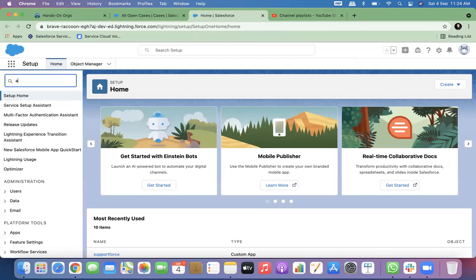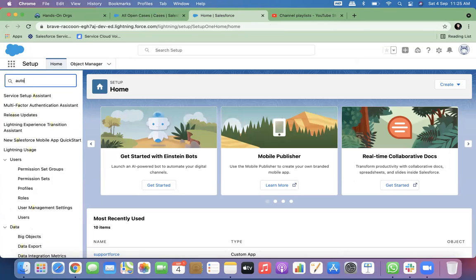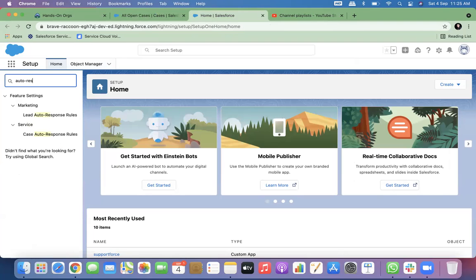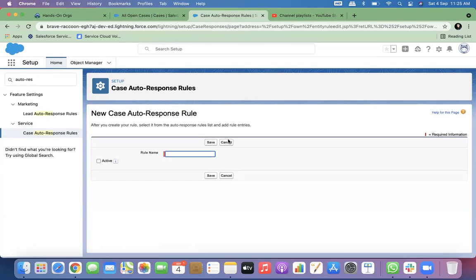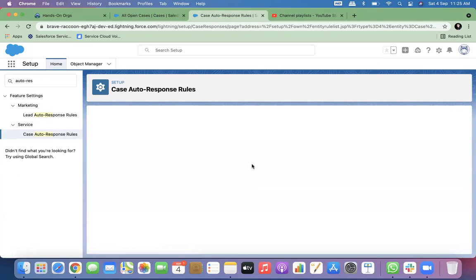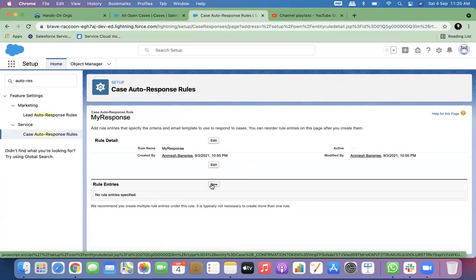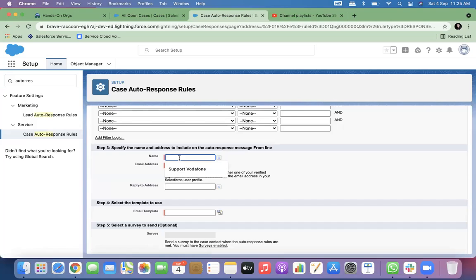So we saw how assignment rule works so that we can assign based on different criteria to different things. But then you also need auto responses. That means when the case is automatically created, you also send a response to them automatically. It is exactly the same. There is no difference, same steps. You create one by one. You name that